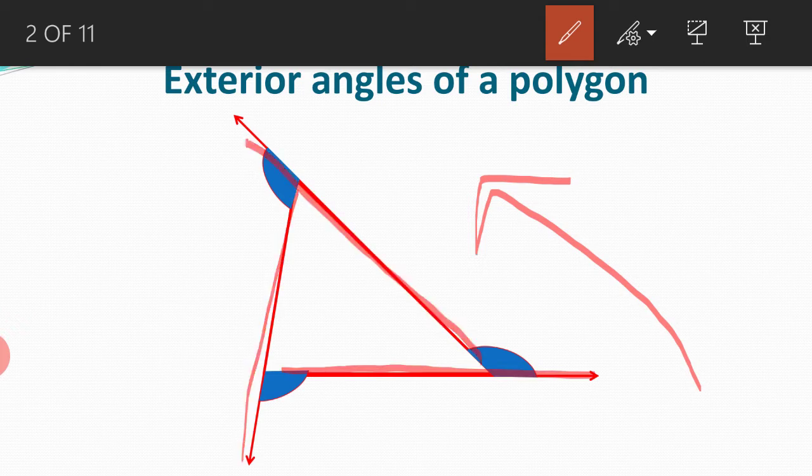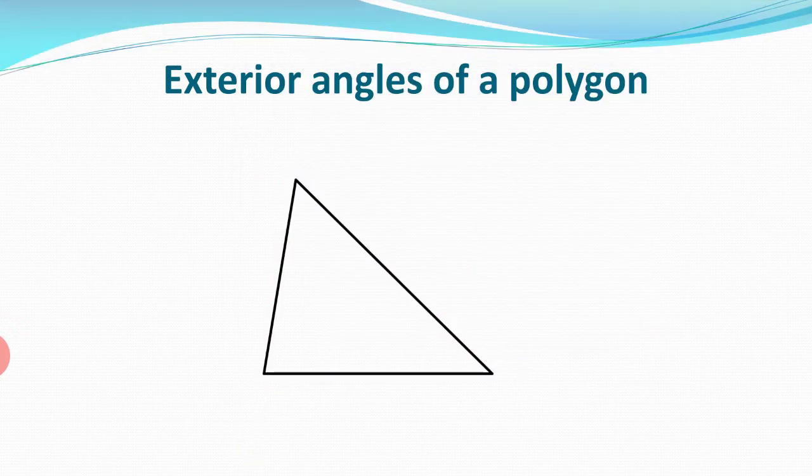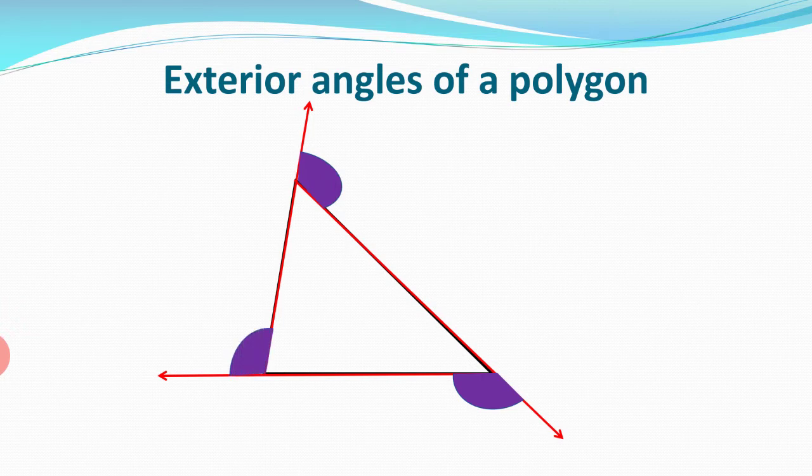Can we now go in the opposite direction to see whether we get exterior angles? So let us see. So let me erase it. So again another triangle I have taken and now I am extending it in the opposite direction. So do I get again an exterior angle? So yes, again I will get exterior angles, and how many? Again 3. Is it okay? So what do you say? We can have 3 exterior angles but which can be drawn in 2 different ways.